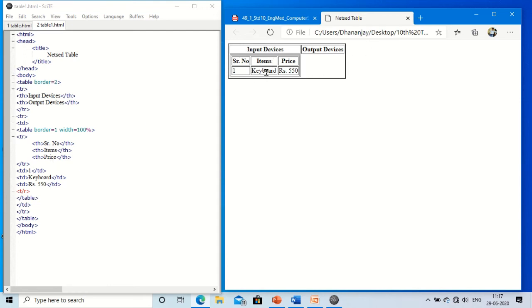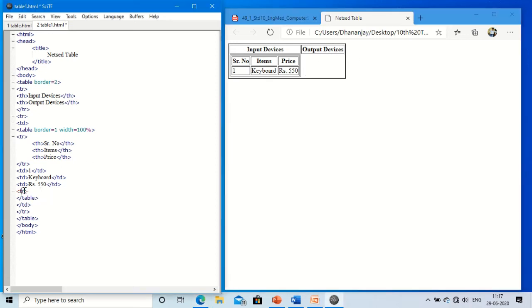I want to create another table inside this output box, devices. So now TR close. I'm looking to create the second TD of the second row of the outer table.